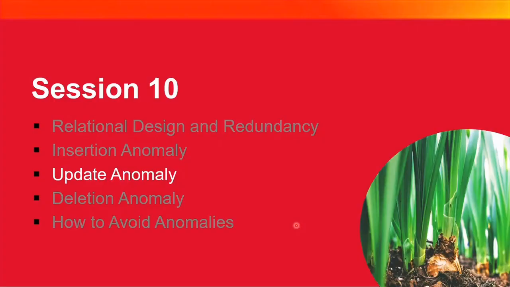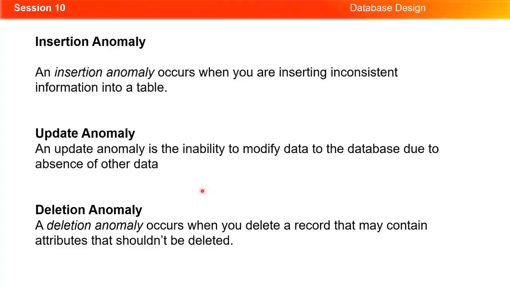Welcome back to our course. This is video 22 and we are still in session 10. In this video we are going to discuss the update anomaly. Similar to the insertion anomaly, an update anomaly occurs when there is an inability to modify or update the data in the database due to the absence of other data, like fields that